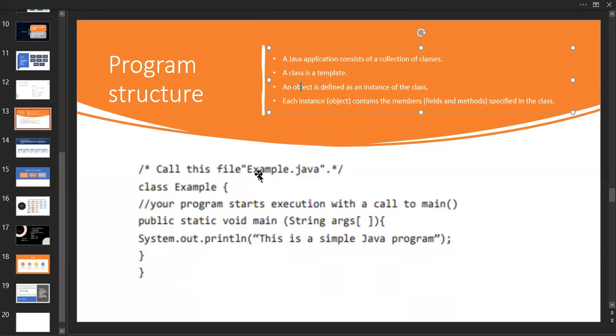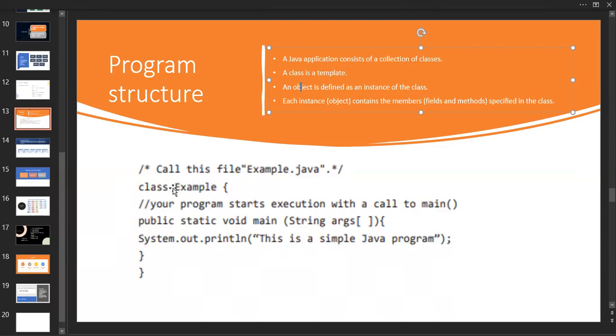Consider this, the name of the class is Example.java. Every time you have to remember that the starting letter of the class should be a capital letter. It must be a capital letter. Inside primitive data types, we have a small letter; it starts with a small letter. Here, inside a class, this is the declaration of a class. We'll call it a declaration of a class. There is a keyword called class, and then the name of the class.